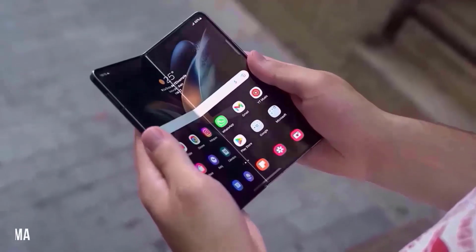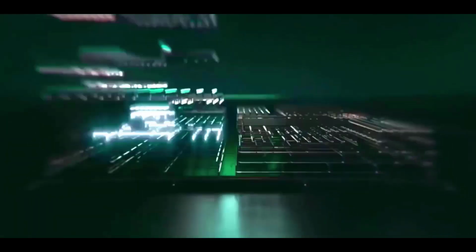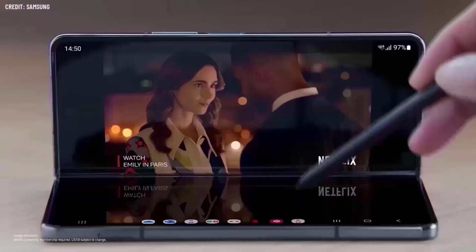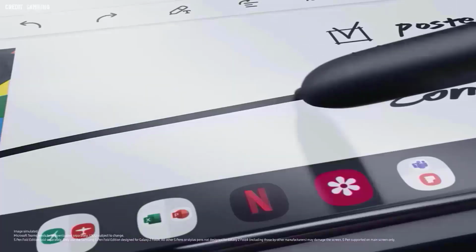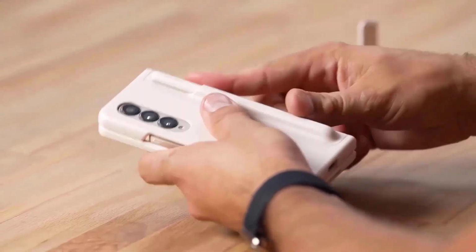It goes without saying that this device, like its predecessor, will support the S Pen. However, the pen will need to be bought separately, since Samsung still does not provide the S Pen with Galaxy Z Fold devices in the box. Everything else, such as the speaker drilling and microphone positions, seems to be in the same spot as the previous